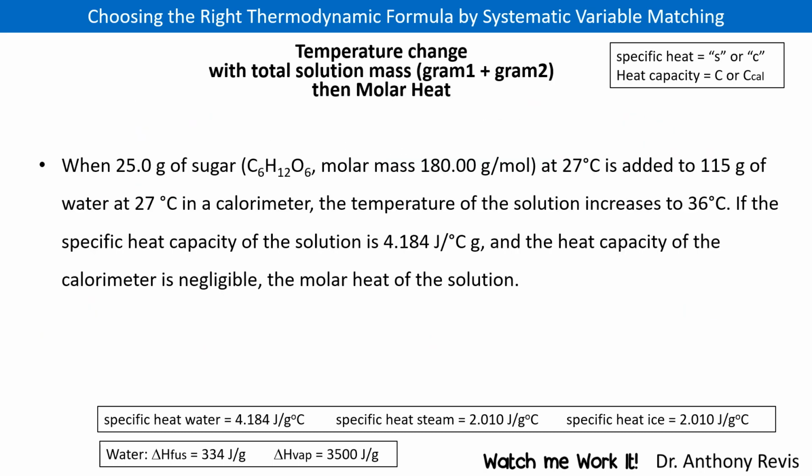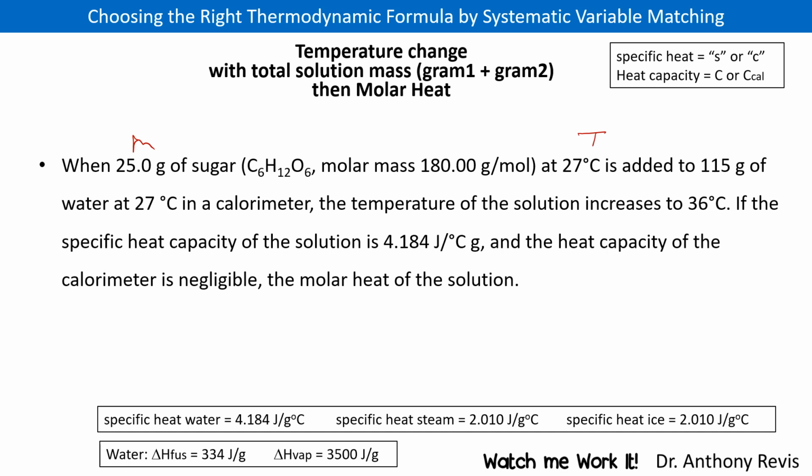All right, let's go on and find the other. Again, the goal of this is to show you how to set these up. All right, the next one here: we have this solution of sugar. We have 25 grams of sugar, so that's a mass. And we have a molar mass. I don't know what to do with it yet, but I suspect I'm going to convert these to moles at some point. At 27 degrees C,